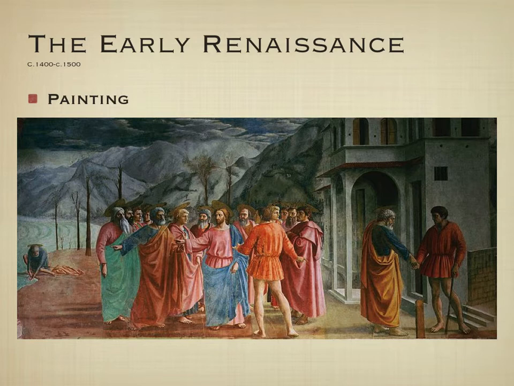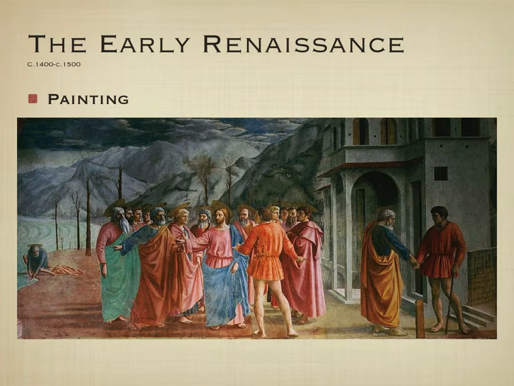Think about it this way. If you're standing and looking at a group of individuals, you're not able to clearly see everybody. In the Middle Ages, there was a practice called stacking. This is where, if people were standing one behind another, instead of showing them realistically, the person behind would be up on top, and that way you could see everybody. What happens in the Renaissance is we see a shift towards a more realistic perspective.